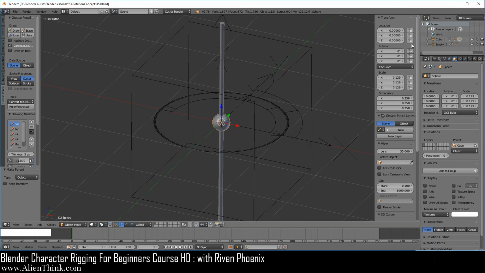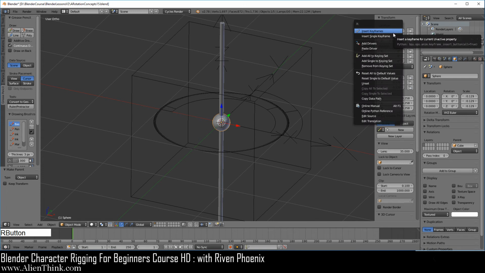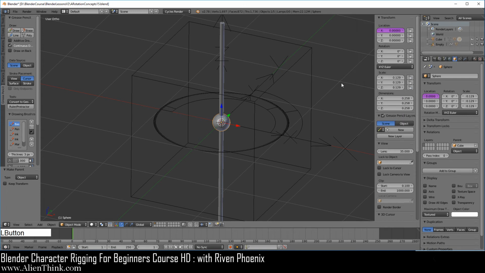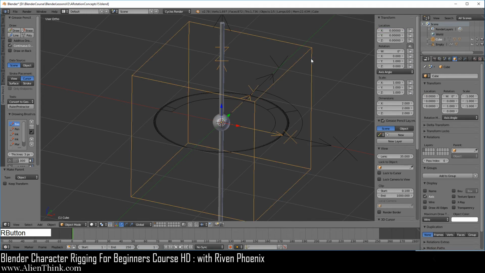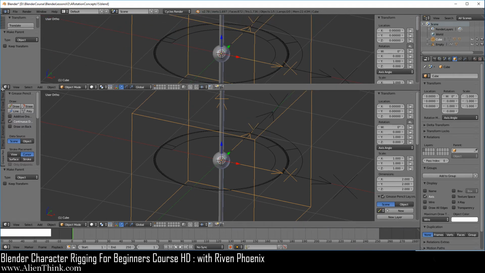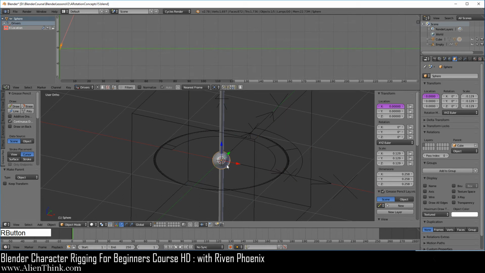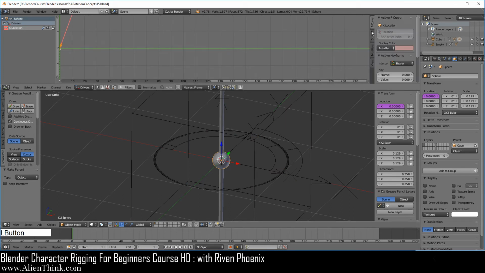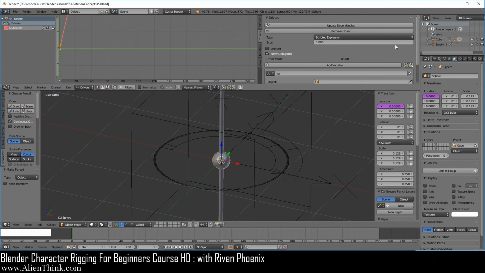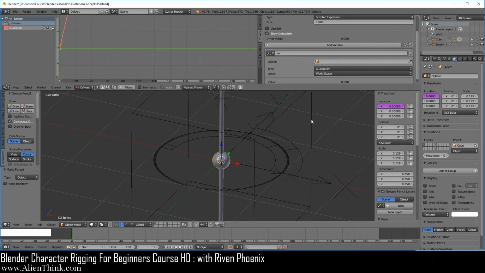Now click on this ball, and over here we're going to right click, add drivers, and manually create later. So we're going to inject the location values coming from this cube. Now go ahead and open this up first. Go to the graph editor, and here you're going to switch to drivers. Click this ball, click on the X and open this up, click on drivers and just push it over here. Because we want the location values from this cube, we're going to click over here and select this cube.